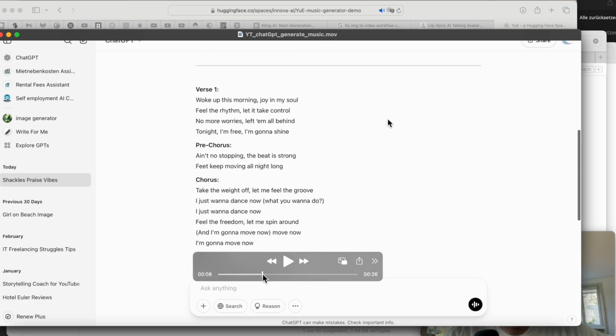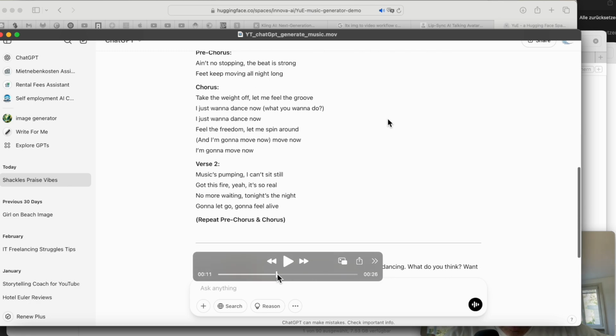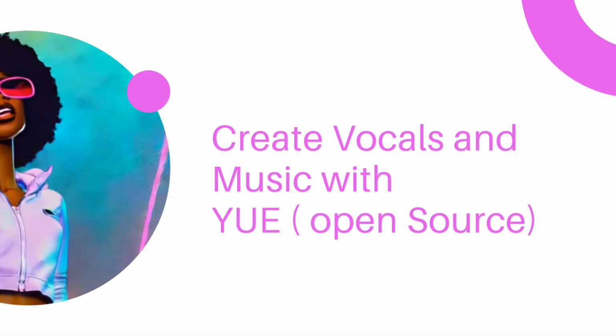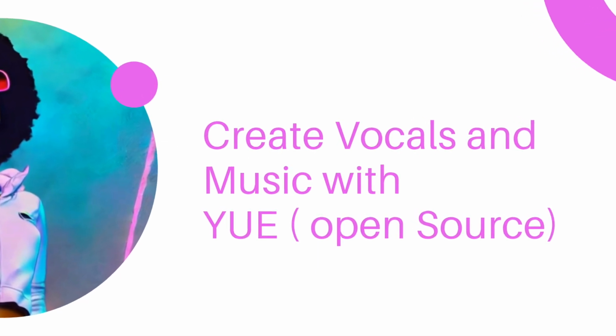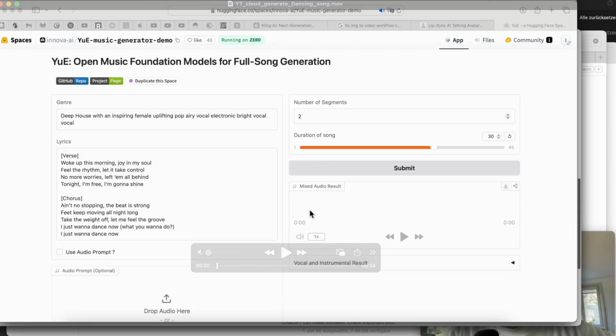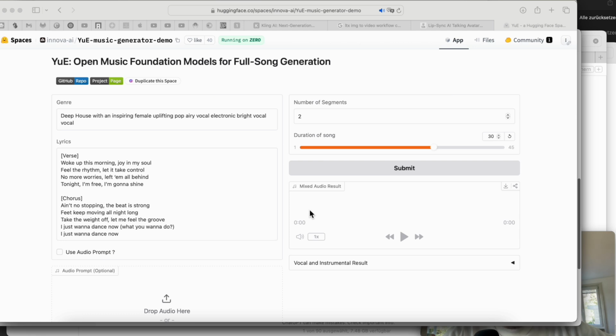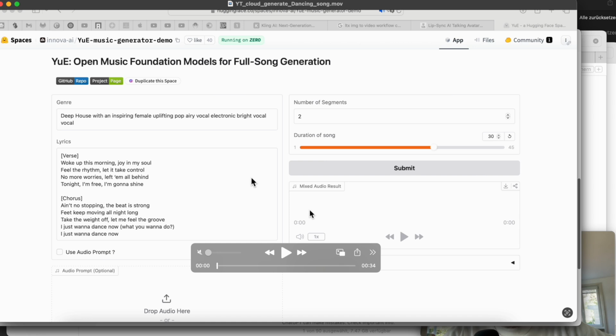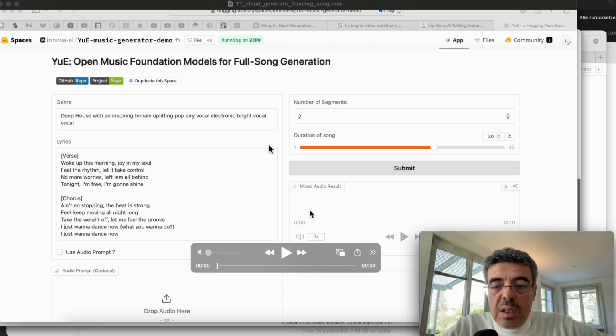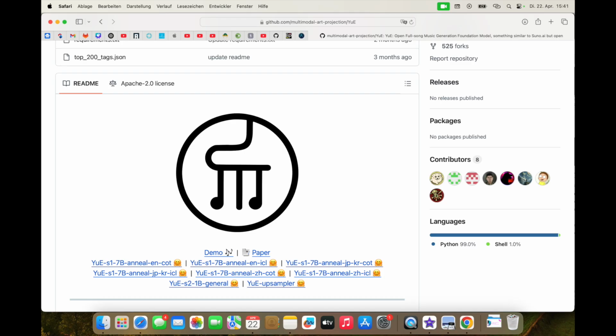ChatGPT will create a song with the verses and the chorus and so on. So you can use commercial platforms like Suno or Udio, you can subscribe or use the free plan. But there are also some open source models which you can use to generate music, like this model, YuE Music